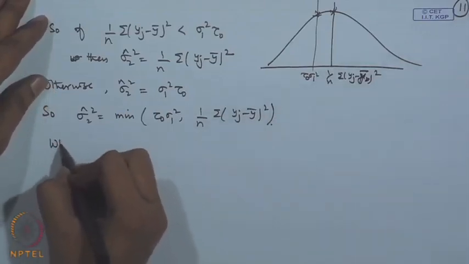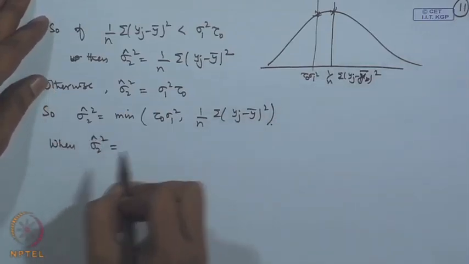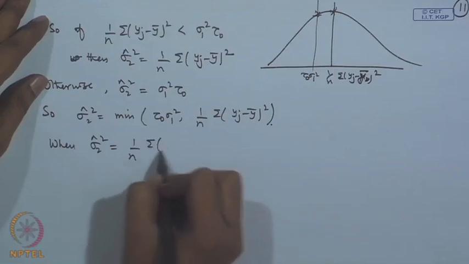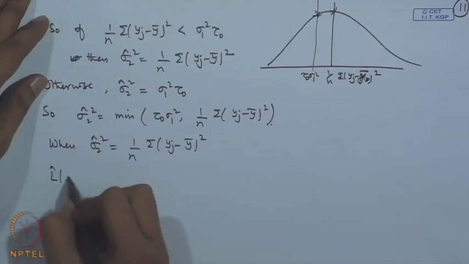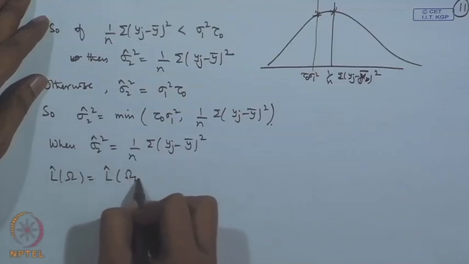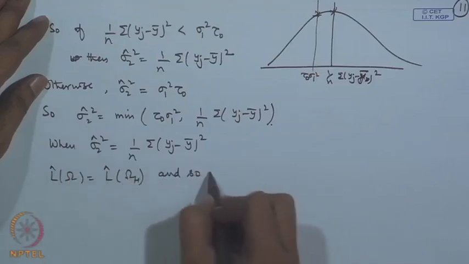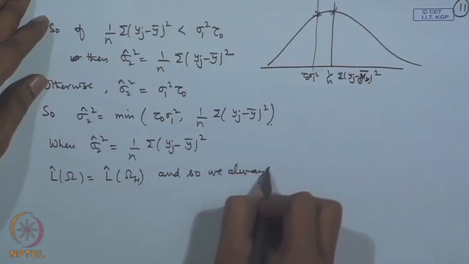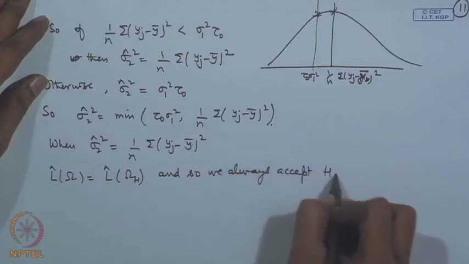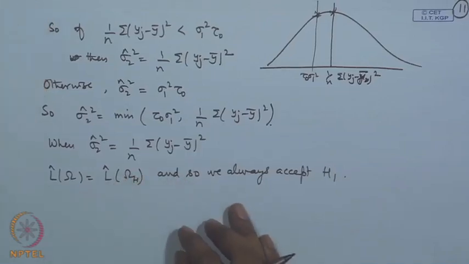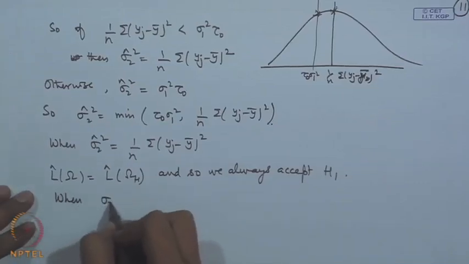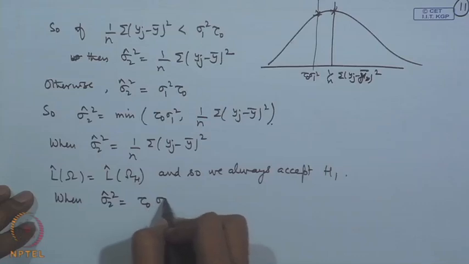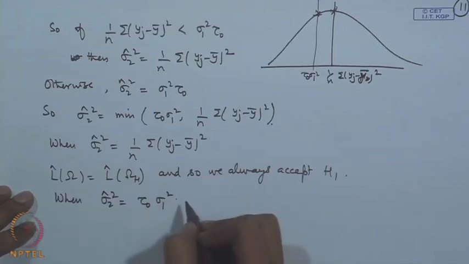So, when sigma 2 omega head square is equal to 1 by n sigma y j minus y bar square, I will get L head omega and L head omega h the same, and so we always accept h, because the likelihood ratio is supposed to be between 0 and 1. So, if it is equal to 1, we always accept h. Now, the other case, when sigma 2 head square is equal to tau naught sigma 1 square. In that case,